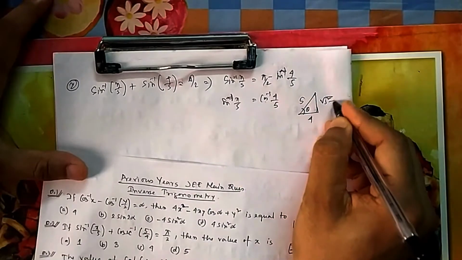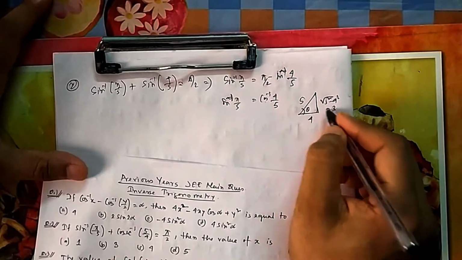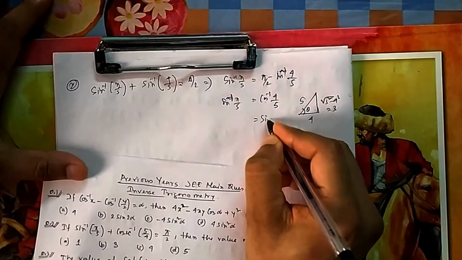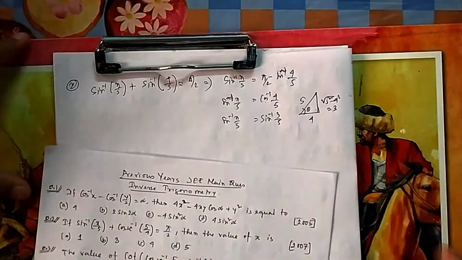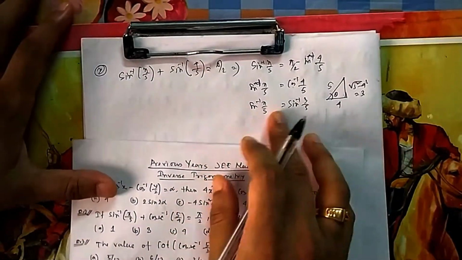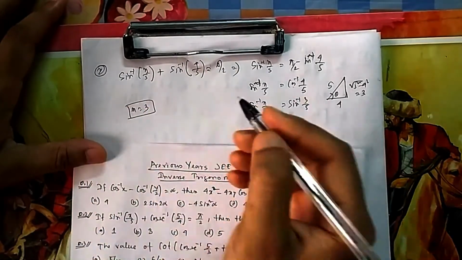So this is 5 square minus 4 square, this is 3. So sin inverse, if you take this one, it will be 3 by 5. So sin inverse theta, you can directly write it from this one, it is nothing but 3 by 5. So from here, you can think that I have cancelled sin inverse, actually I have not cancelled, I have taken sin both sides. So actually then x is equal to 3, that is your option B.